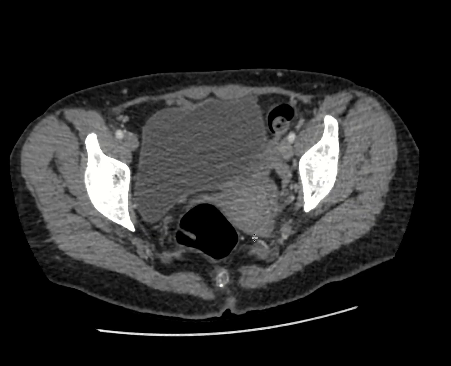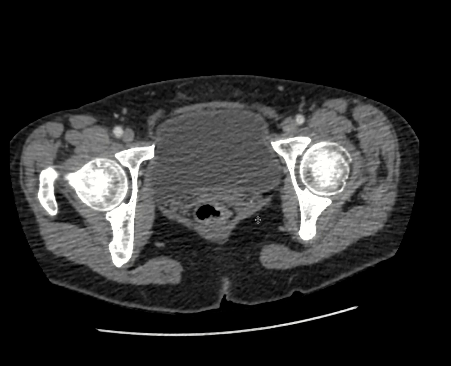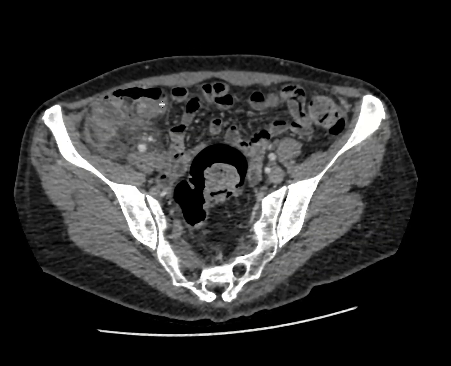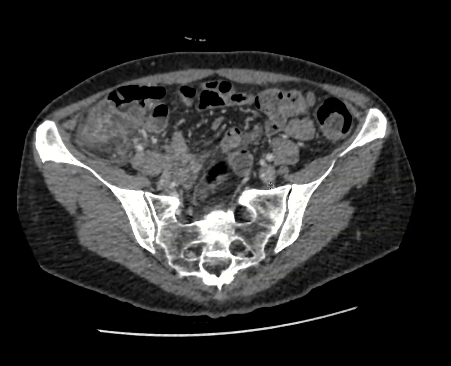Here's a patient who was presenting with right lower quadrant pain, and per the emergency department, they were concerned about McBurney's point tenderness. And so when we're thinking about that, we're thinking about appendicitis. In this particular case, you can see when we're in the pelvis, our eyes are directed over to the right lower quadrant, not only because of the patient's physical symptoms, but also because you can see there's fat stranding involving